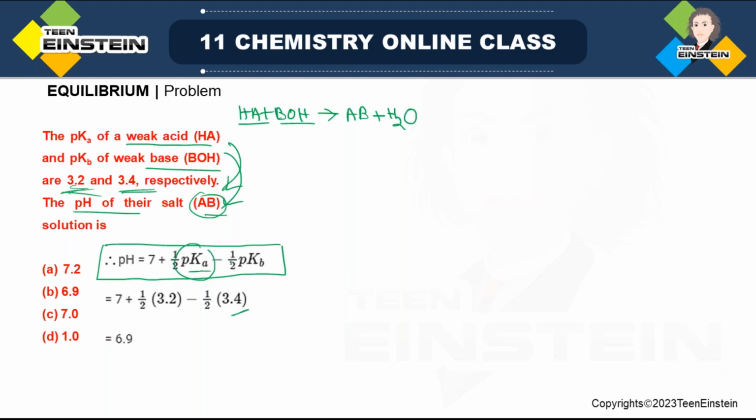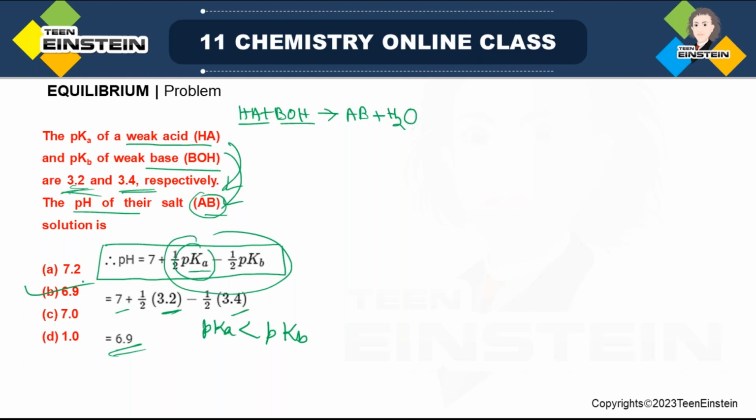So in this case, the pKa value is lesser than pKb. 3.2 is lesser than 3.4. So that is why ultimately it will be lesser than 7. But if it is reverse, then this part will give you some positive value, so something will be added to 7, and it will always be greater than 7. So in this case, pKa is lesser. So that is the reason the pH value is lesser than 7, 6.9,